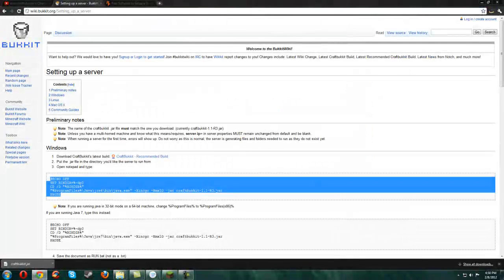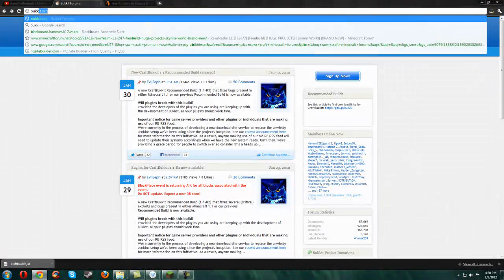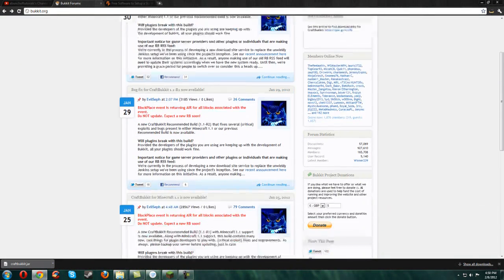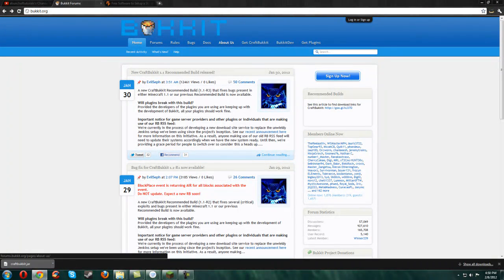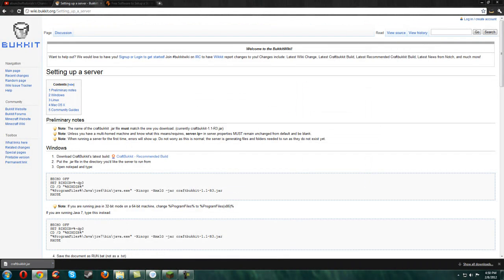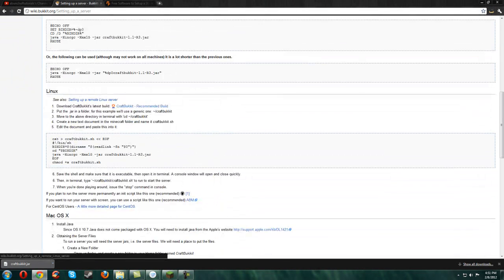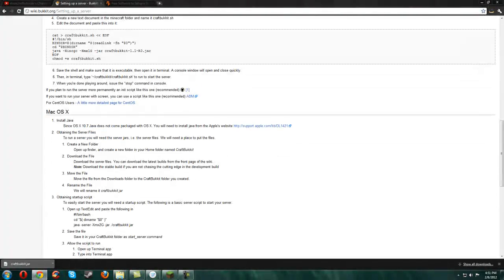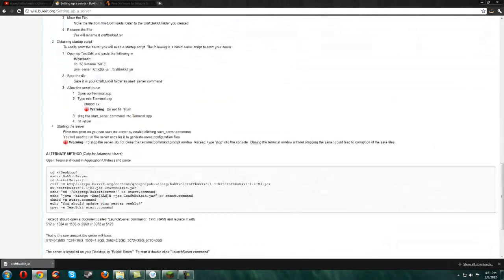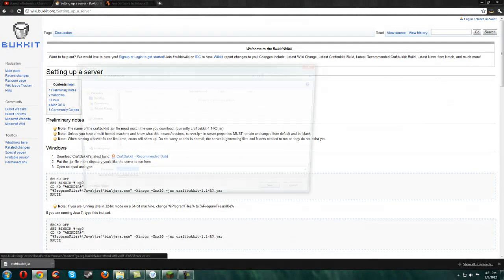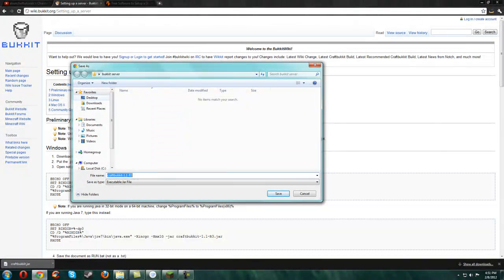We want to go to bukkit.org. It'll bring you to the home page. What we need to do is navigate to CraftBukkit, which is the server client that the Bukkit system runs on. So, if you have a Windows computer, go here. If you have a Linux computer, go here. If you have Mac OS X, go here. It's a little bit more complicated for Mac and Linux, but for Windows, just download the recommended build,